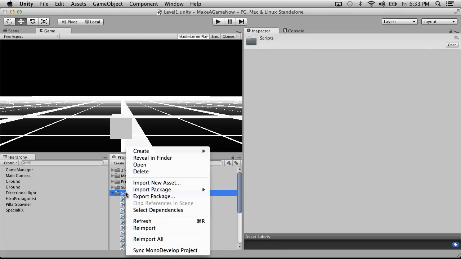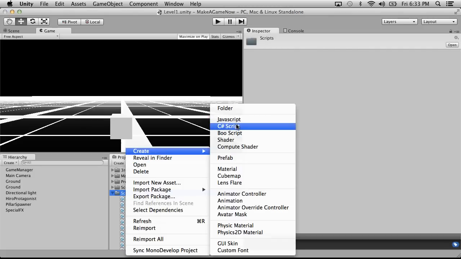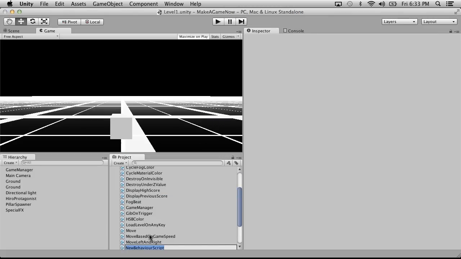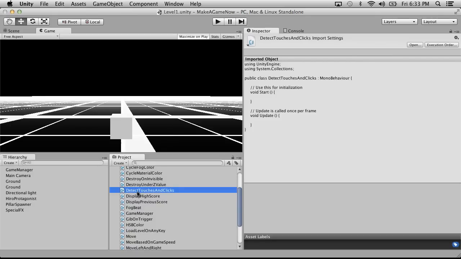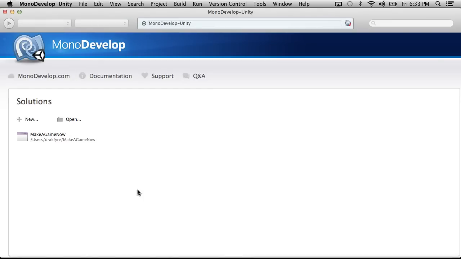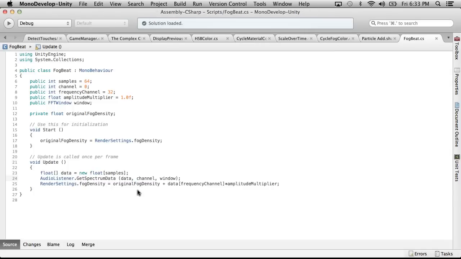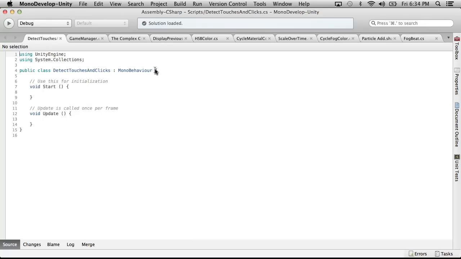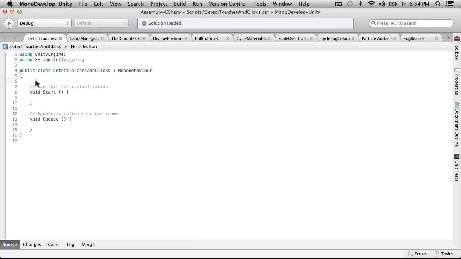So I'm going to go ahead and right click, and we're going to create a new C# script. I'm going to call it detect touches and clicks, because we're going to detect both. This way we can test it with a mouse and also test it on a device. So we're going to go to detect touches and clicks, and it's nice and empty, and it's scary looking, because this one's going to be